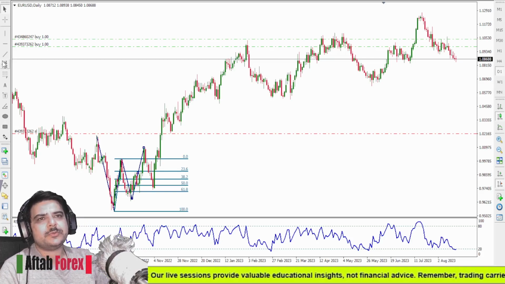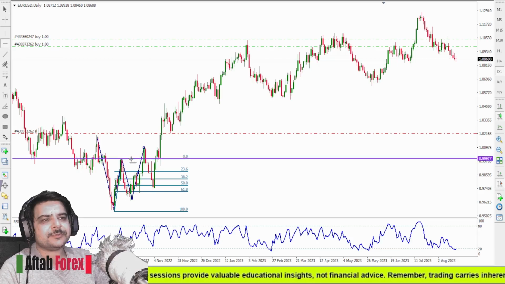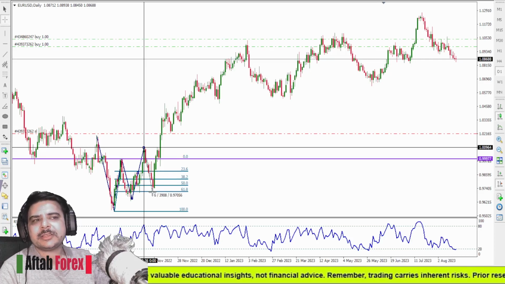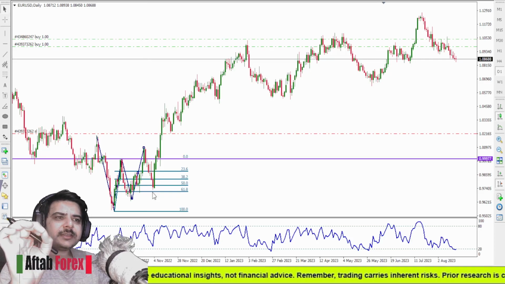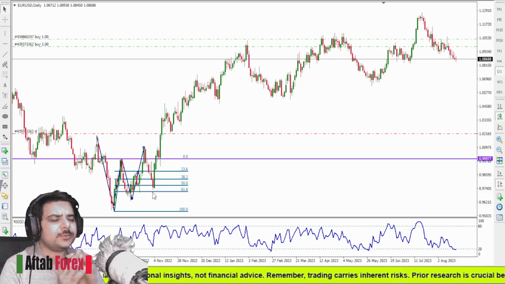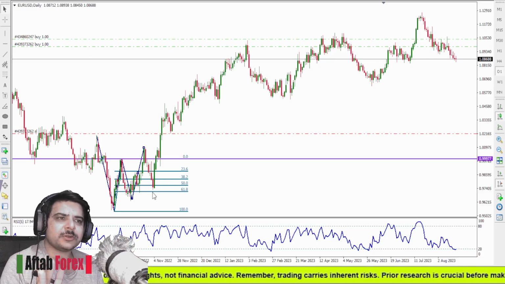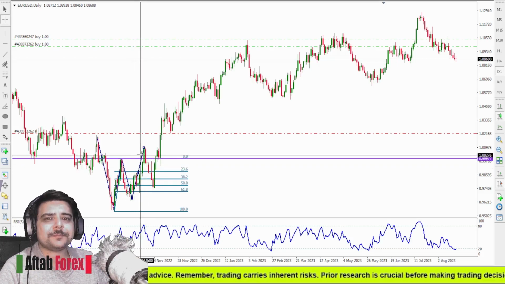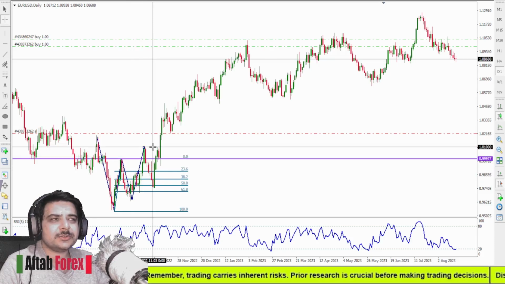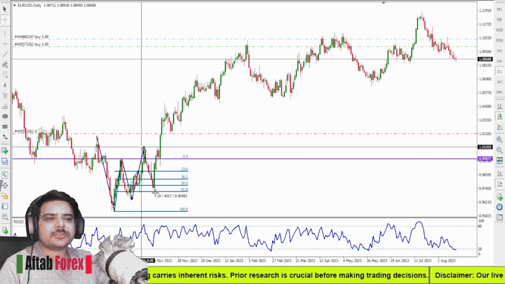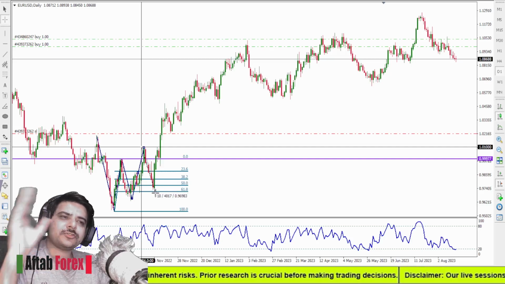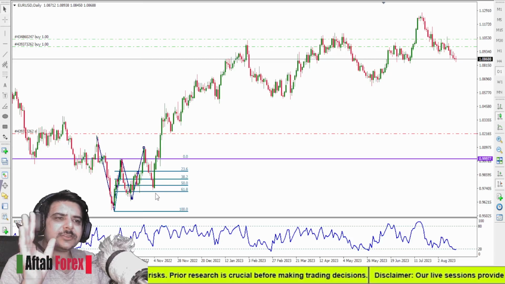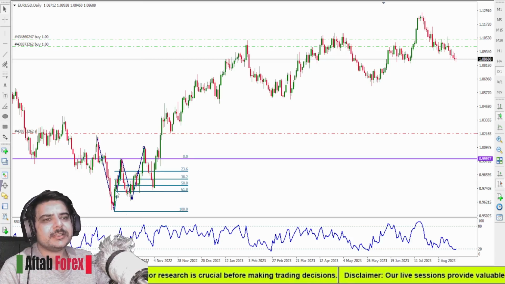Right here when we get a break above this whole structure, what happened is an immediate pullback. And you know guys, why this happens in the forex market? I will definitely be making some videos about it, but for now, why did this happen? Because when it gave the breakout, most of the traders knew that it's going to change its direction. So the market makers dropped the market so that more traders enter into sell trades,